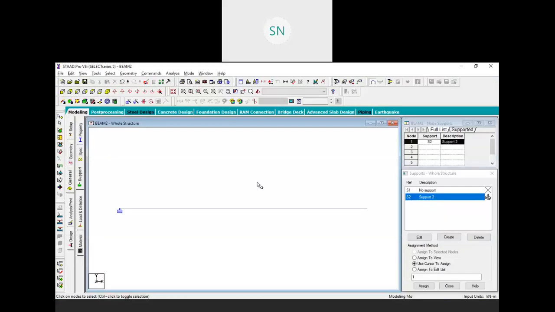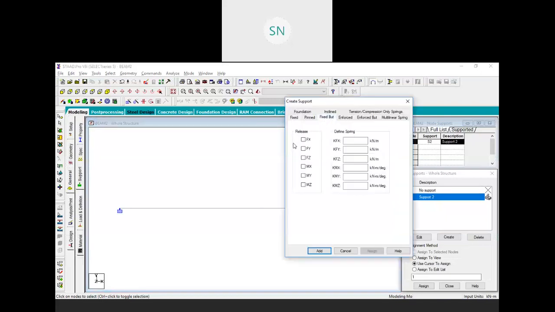So again click on create. This time we will create a fixed but, and in the fixed but we have to release. Over here, as you all can read, we have release. So fx and mz, these two things we put release, and the rest of the four will be restricted. Yes.